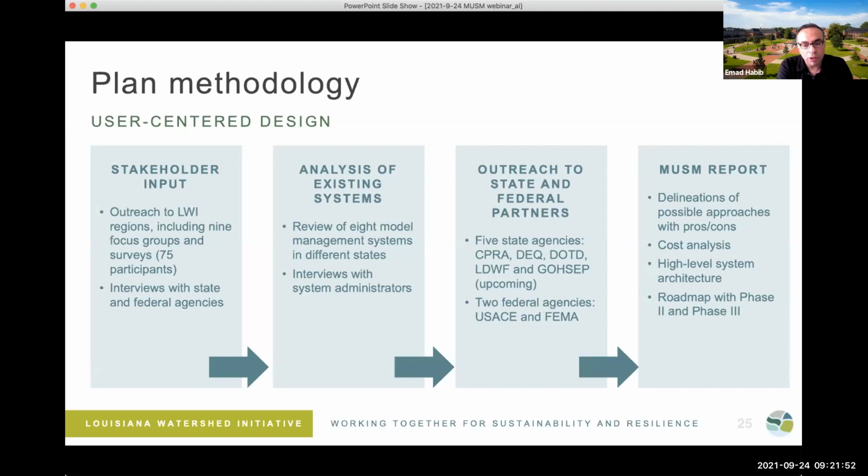And like I said, the report includes, in very high terms, a delineation of the possible approaches with pros and cons, a cost analysis, a high-level system architecture on what the IT could look like, and then a roadmap with phase 2 and phase